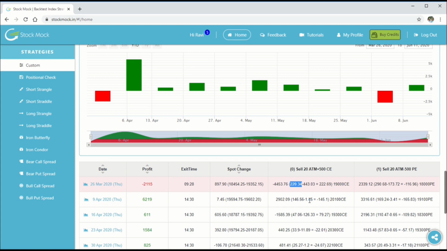So Stockmark always wants users to prepare for the worst. So when you are in a short position, Stockmark ensures that you enter a little lower based on the slippage percentage that you have provided. Similarly, when you exit in a short position, Stockmark exits at a value a little higher so that your profit goes a little down than what is expected based on the slippage, right?